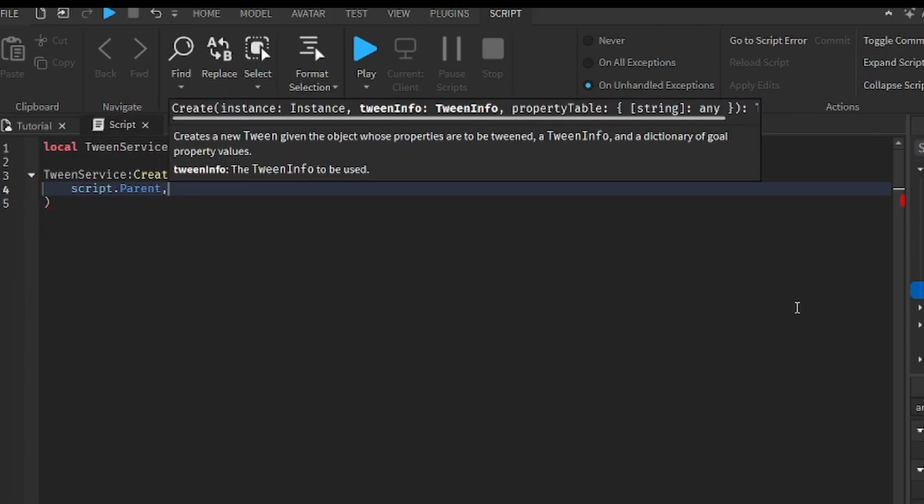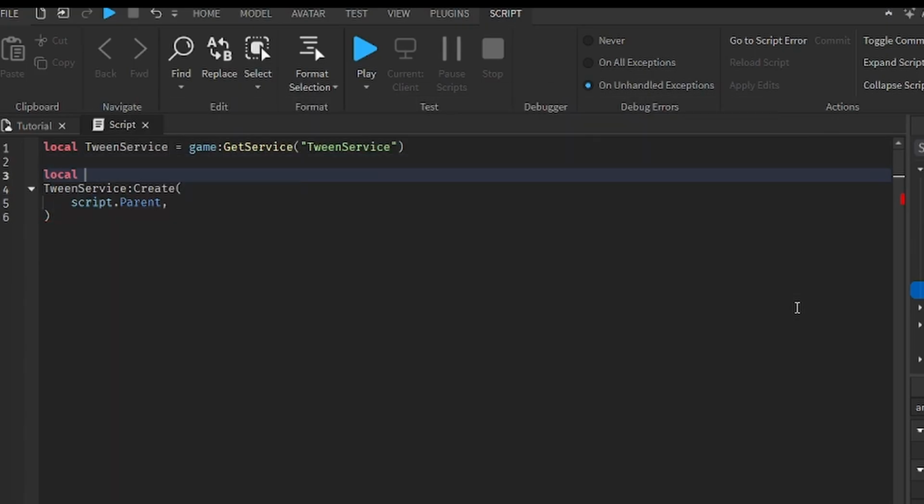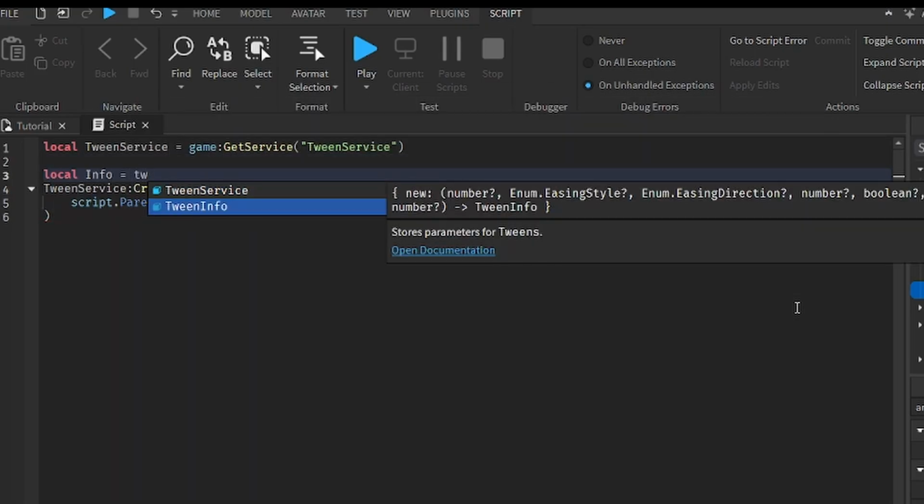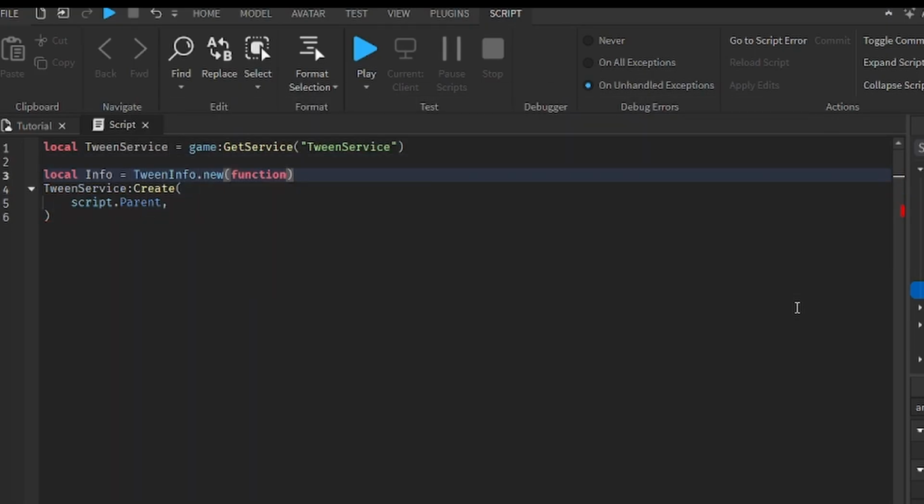Next up is the tween info, basically how you want the animation to actually look like. And the final one is the property table, basically the goal values of properties for your tween. So to create tween info, you will have to create a new instance called TweenInfo.new, and it also has